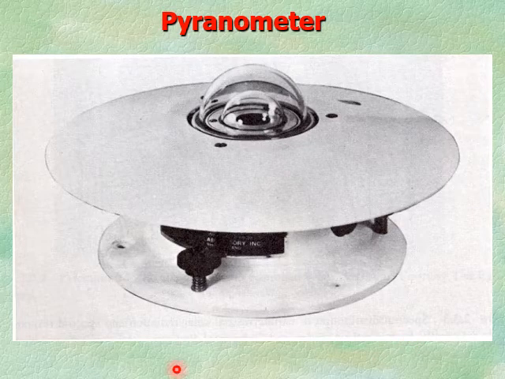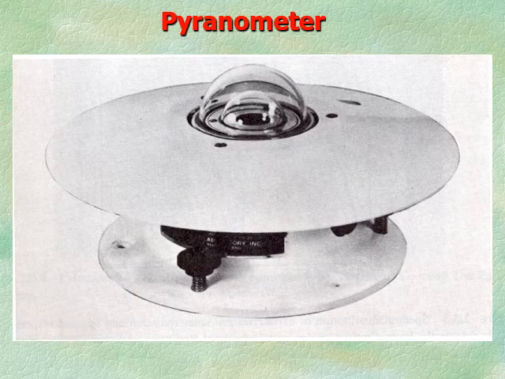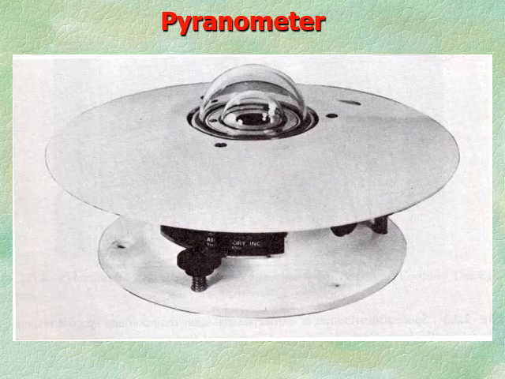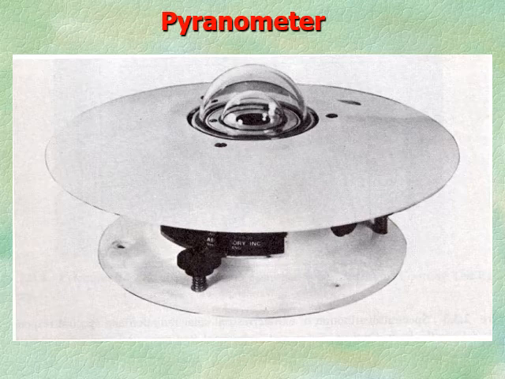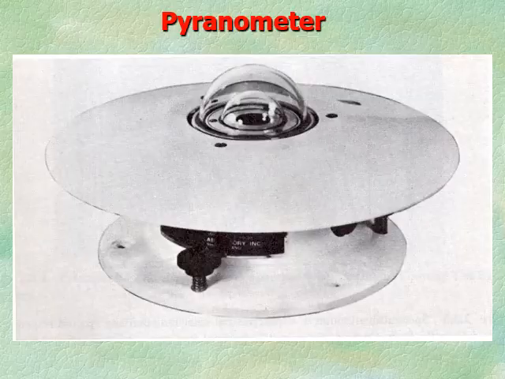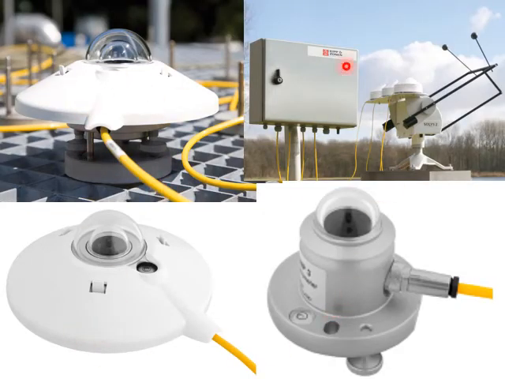So this is a typical pyranometer photo, and there are different types of pyranometers, the most common being those in which sensors are composed of thermopile or photovoltaic cells. The photovoltaic sensors are in general much less precise than the thermopiles due to the fact that the spectral response is not the same in the entire solar radiation spectrum. And here it shows the pyranometer installation photos, you can see here.